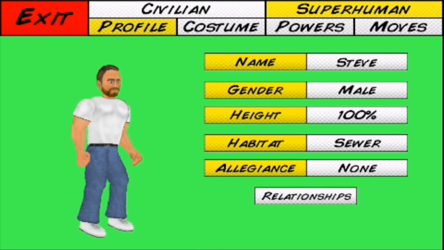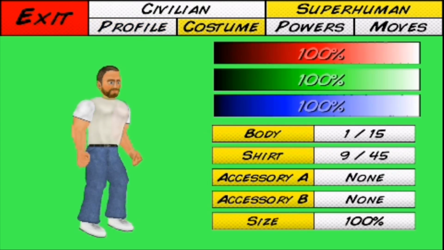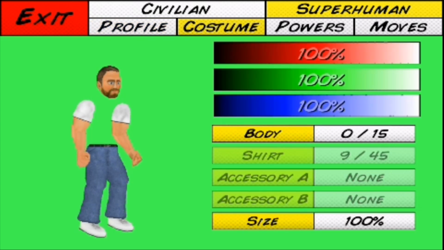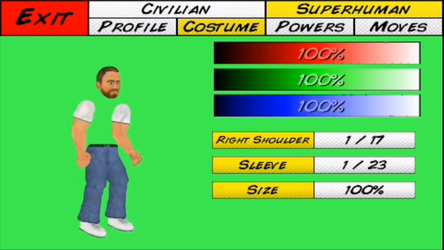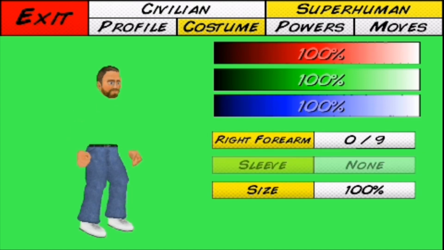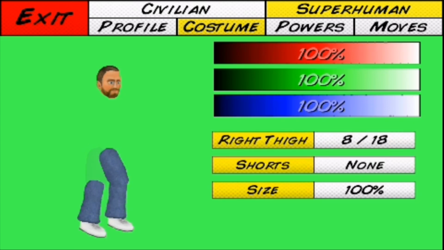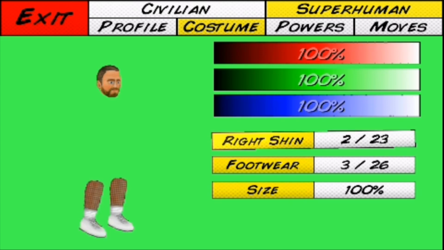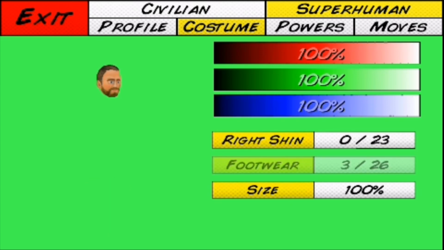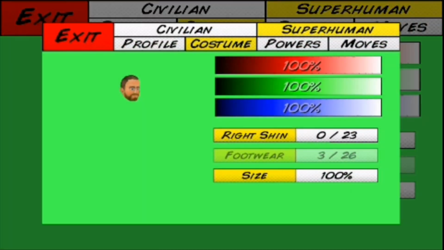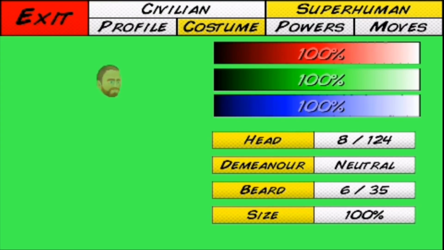Now, the next thing you're going to want to do is take a screenshot of every body part individually. So, for example, we're going to do the head first. So, go to the body and make that 0. The same with all the other body parts. Just make them 0. And after you make them all 0, you're going to want to take a screenshot of the head. So, take a screenshot, and then you have that part done.